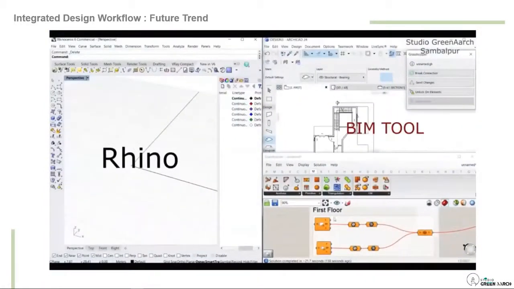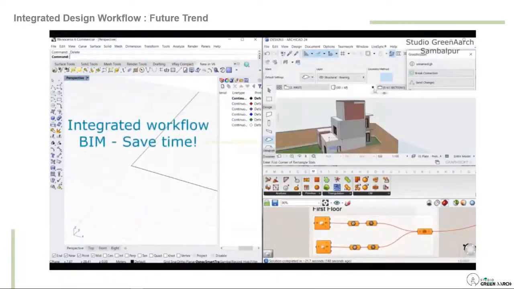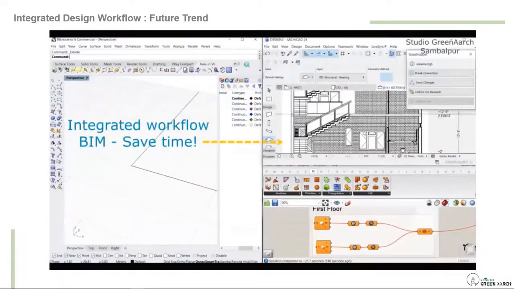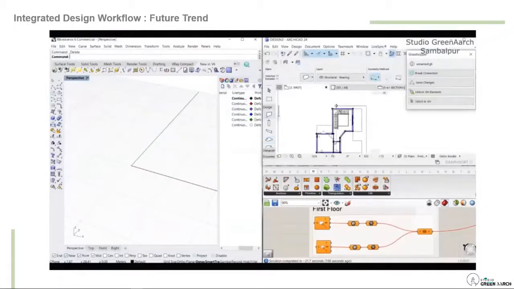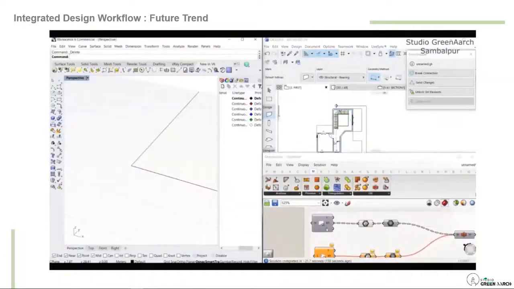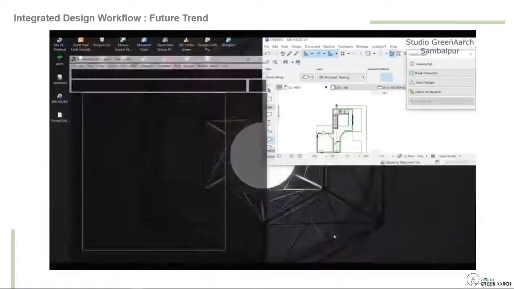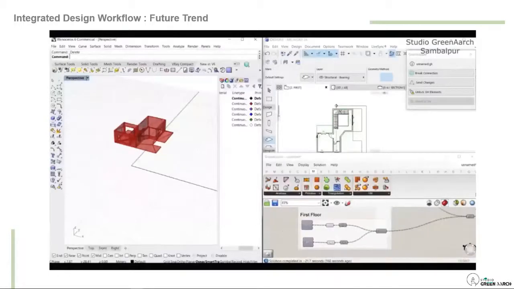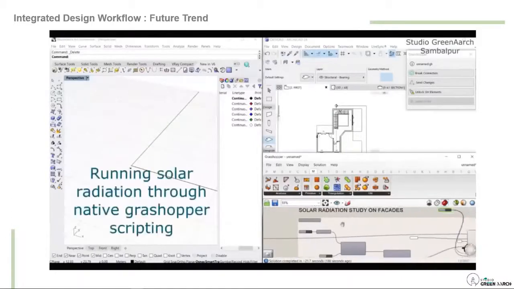You can see the top one is the BIM model in ArchiCAD, on the left hand side is Rhino, and the last one is Grasshopper. All the data from ArchiCAD are directly brought to Grasshopper through a plugin, like the wall properties, the floor plan properties, and everything, without building any new model in Rhinoceros. We're directly importing the data into Rhinoceros. So we are saving time on rebuilding the model, right? And whatever changes I make in ArchiCAD will change in Grasshopper in real time. That is a big bonus for us.